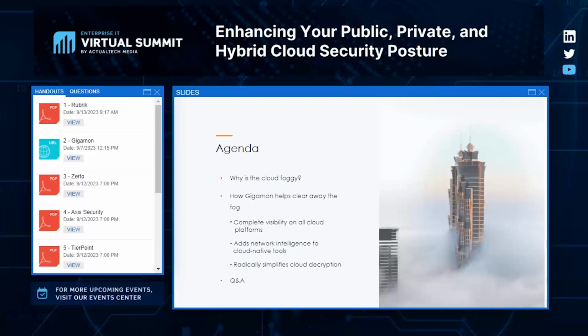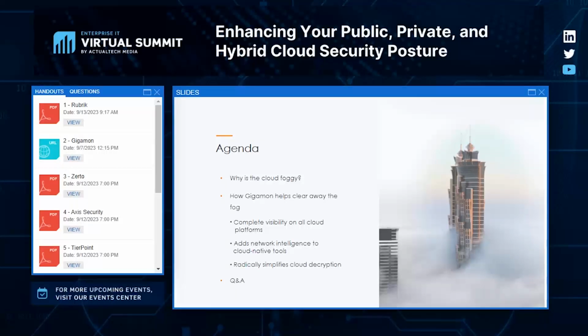First, we're going to look at why the cloud today is foggy. And when we say foggy, we're talking from a visibility perspective. It's hard to get access to communications happening within the cloud. Once it crosses a firewall, we can do some level of inspection for security purposes, for monitoring, troubleshooting, APM, and so on. But when it stays within an environment, particularly lateral visibility, it tends to be quite foggy, and I'll explain why.